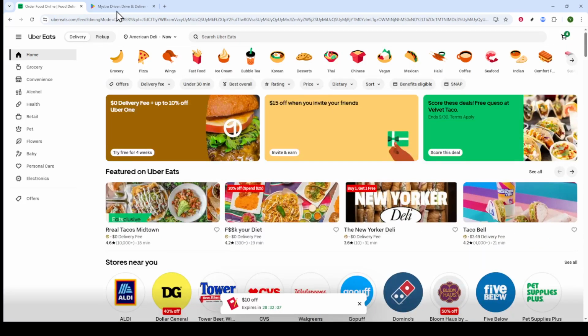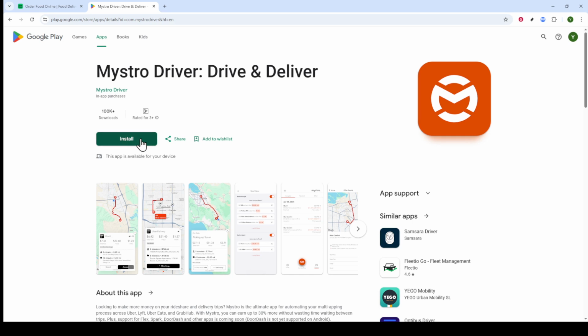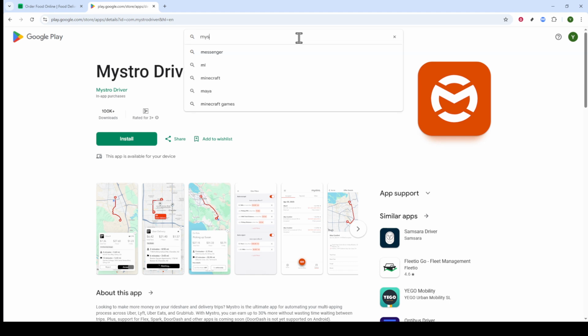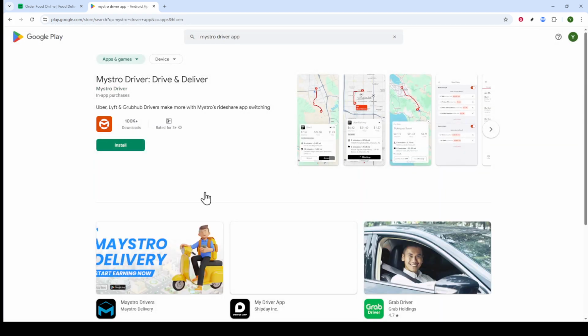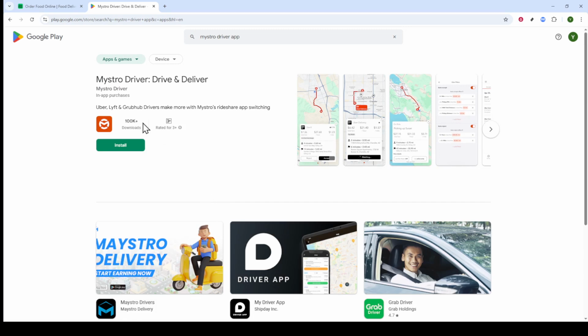If you're using an Android device, head over to the Google Play Store, and for those of you with an iPhone, you'll find it in the iOS App Store. Simply search for Mystro Driver, and once you locate it, tap to download and install the app onto your smartphone. This app is designed to make your driving shifts smoother by automating some of the decisions you'll need to make